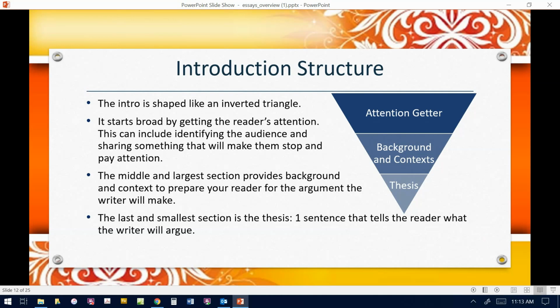So we may say things like, parents are very concerned about the presence of guns on campus in K through 12 schools, right? If that's my opening, then I'm indicating that parents are my audience, perhaps. Now, I might say other things in the introduction that actually show something else. So, like, if I follow that up with something like,